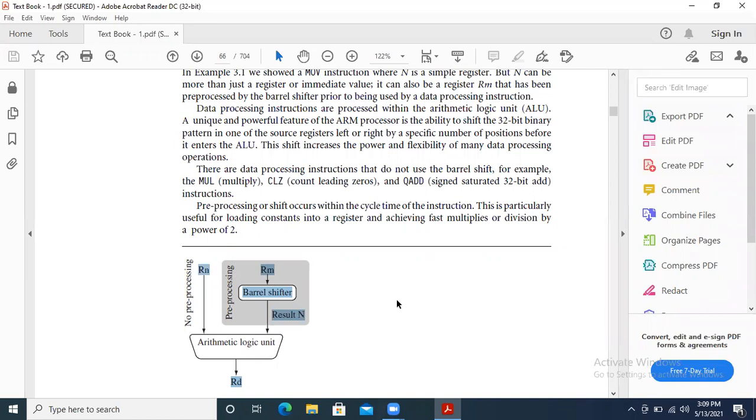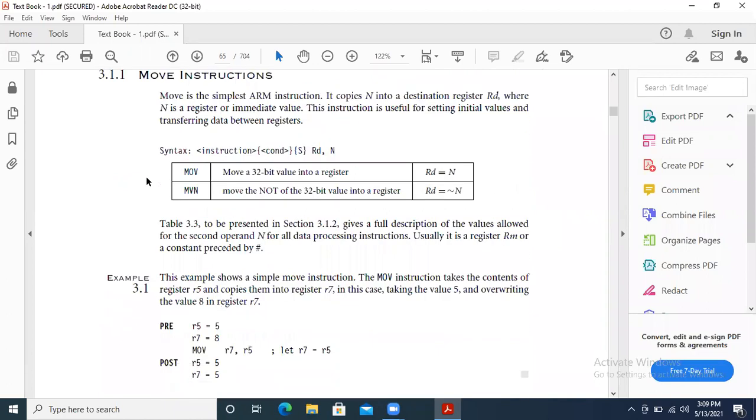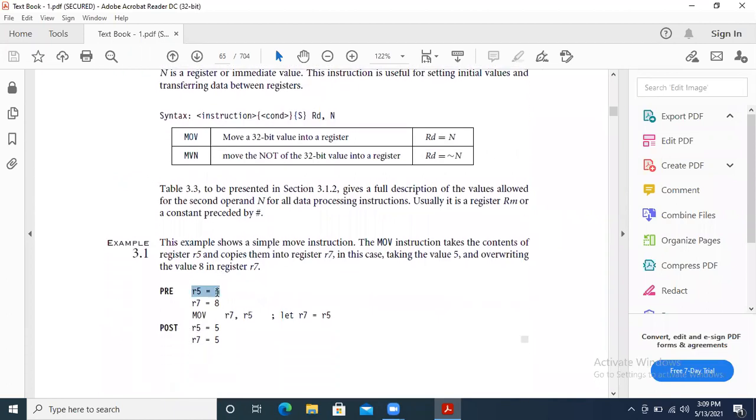Okay, before this we'll go once again over the move. In move, what I'm doing here is taking two values, one the source value and one the destination value, and I'm applying MOV R7, R5. So here, the R5 value is copied inside R7. Whatever R7 value you had is deleted, and at that place the R5 value is stored. That's why we're getting R5 as 5 only and R7 also 5 only. This is a simple move instruction.